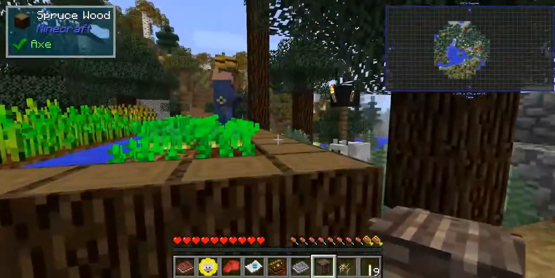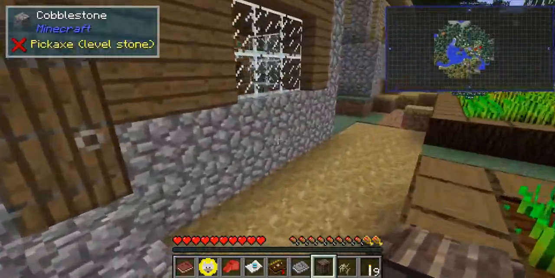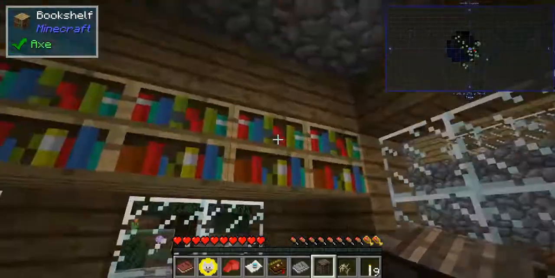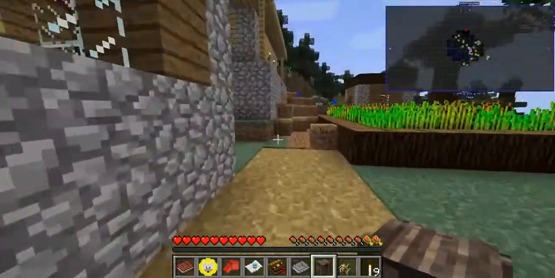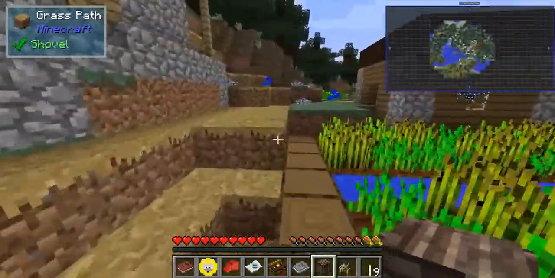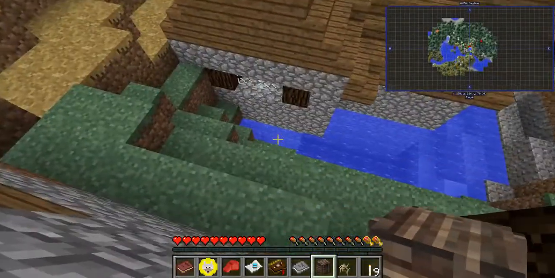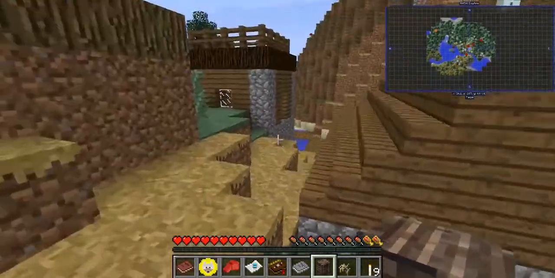So very lucky. Dogs can be tamed from wolves. You just create yourself a leash. There's also pet blocks in the server. This one is actually... I don't know how it's going to work in single player because the plugins and things are a lot different. There's quite a few plugins. I almost fell off that. Let's jump. Let's find out what we can...